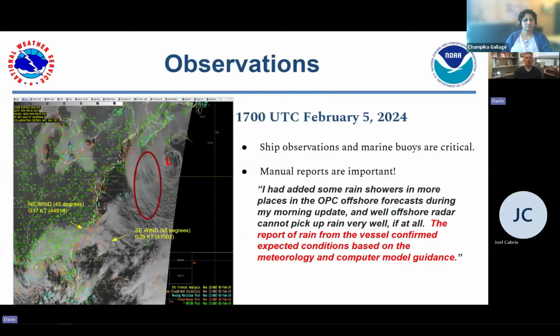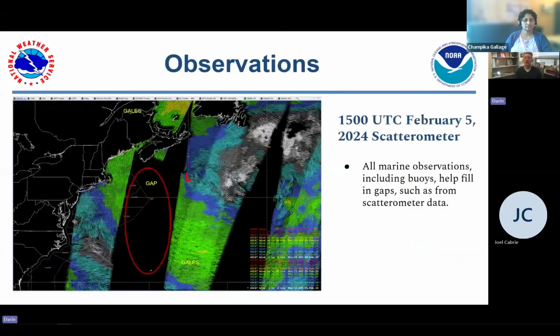Now, getting to the point that I wanted to make in the circle. Here's a circle showing a gap in scatterometer imagery that we get from satellite. Now, the scatterometer imagery, as well as altimetry that we get, which shows the wave heights out over the open ocean from satellite, those are taken by polar orbiters. And those kind of go around the globe from the poles, and they tend to come in strips. So in between the strips, there'll be